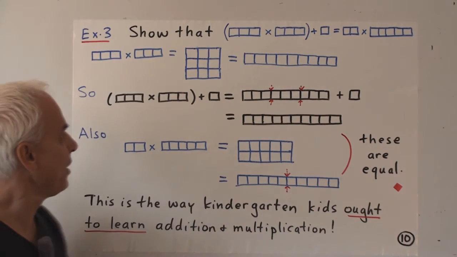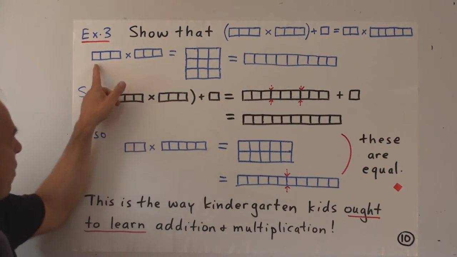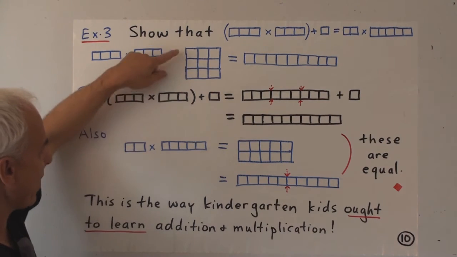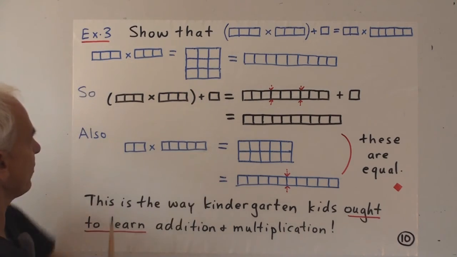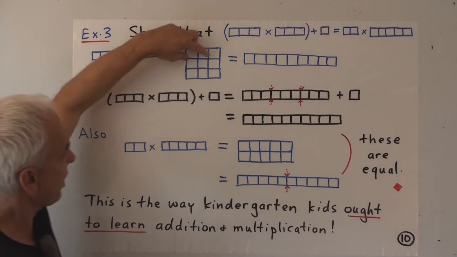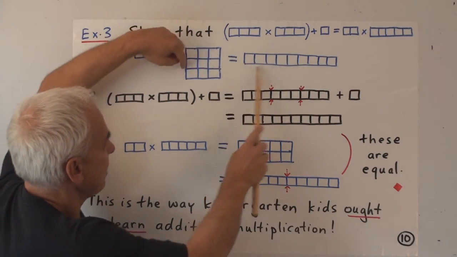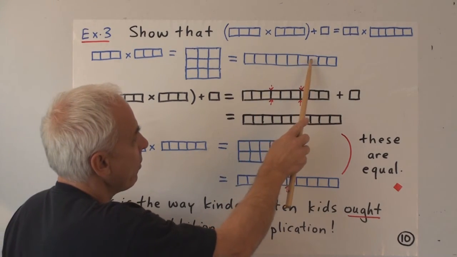So let's do that, step by step. The first thing, let's compute 111 times 111. How do we do that? We make a rectangle with this number of rows and this number of columns. Then we separate that rectangle out into its various rows and combine them. Or in other words, we're counting the area of this rectangle. And that's nine 1s.